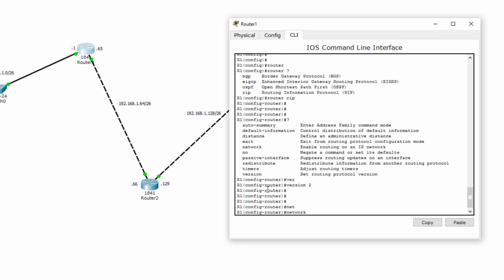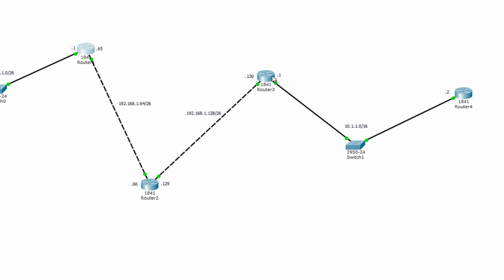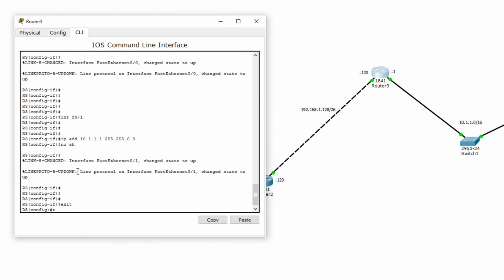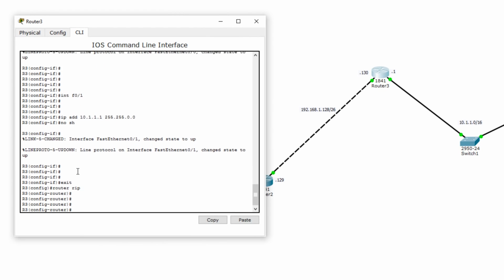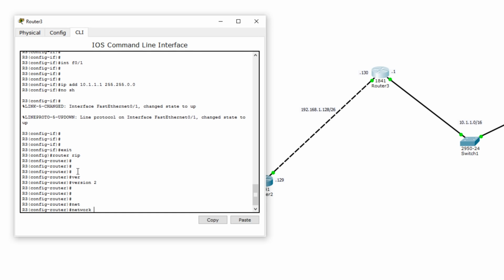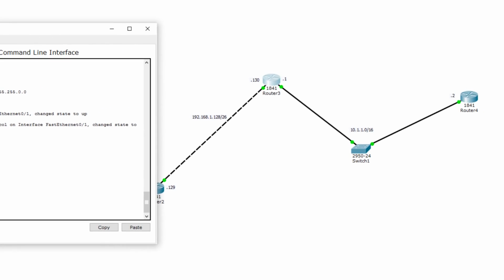So when you say network, let me not start with router 1. I will come back to router 1. Let's start with router 3. So I go here, router RIP. We have got into RIP sub-configuration. I say version 2. Now I say network. And let's start with this side, right? So this interface is